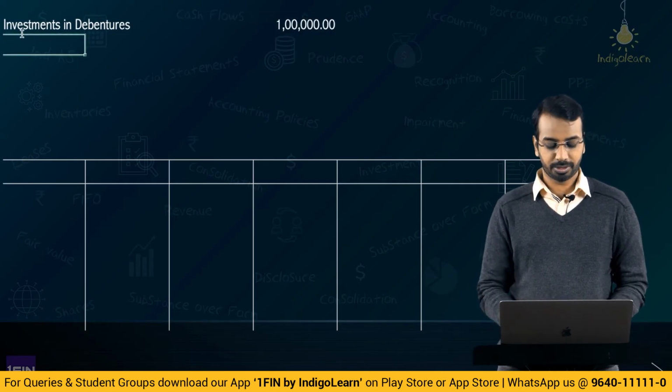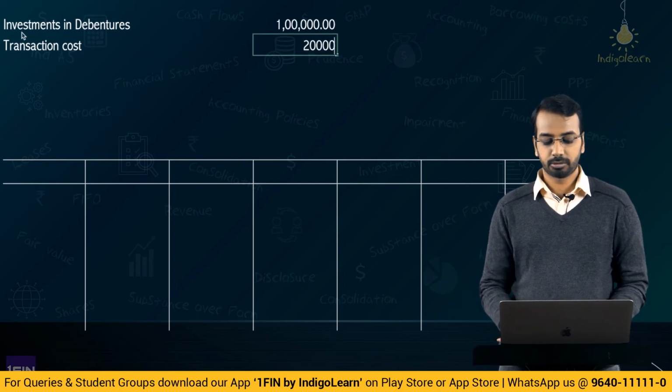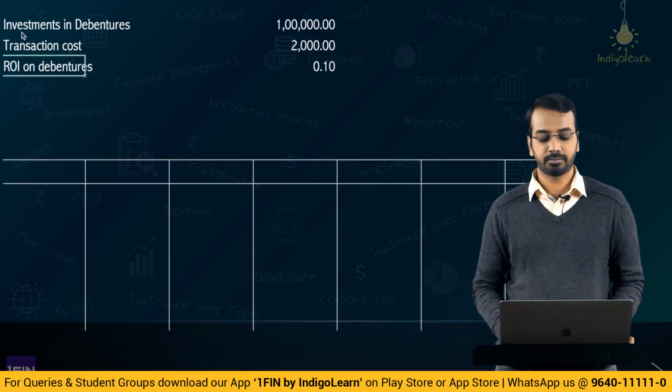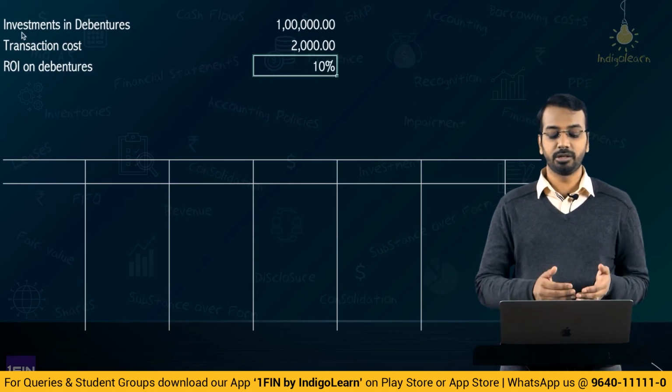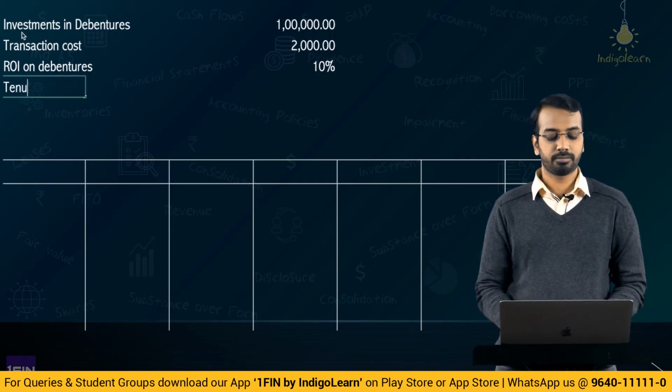Okay, this is the investment in debentures. While making the investment in debentures, we incurred a transaction cost of, let us say, 2000. 2000 is the transaction cost. Okay, rate of interest on debentures is, let us say, 10%. Rate of interest on debenture is 10%, meaning to say every year you will get 10% interest, and say tenure